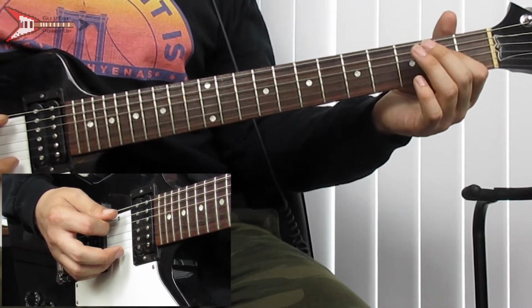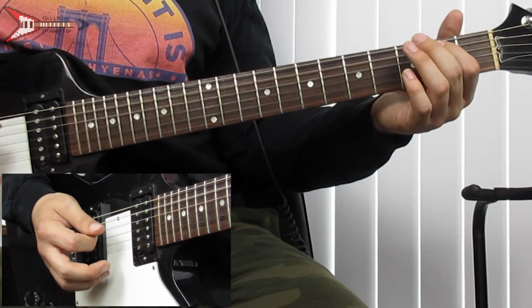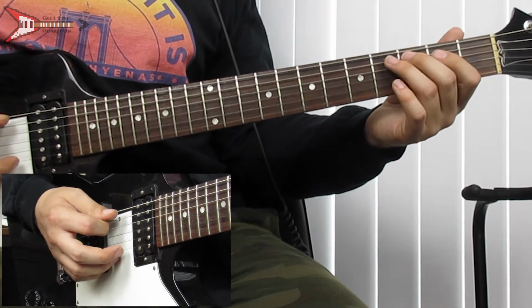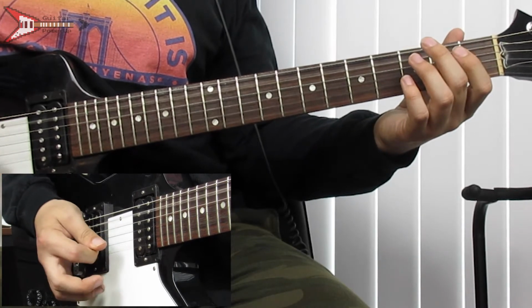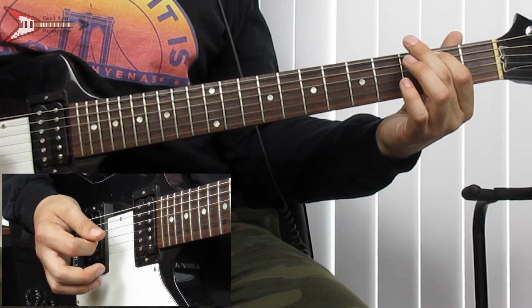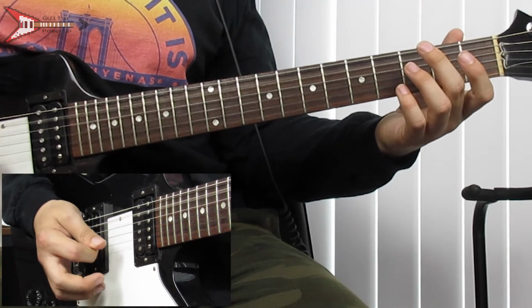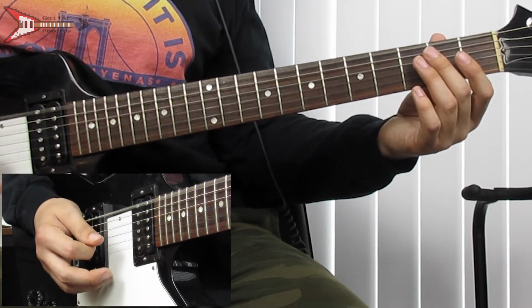Then open A string, same picking pattern. Then back to the 2nd fret, same picking pattern. Then we're going to do that whole thing again. Then we're going to do that again, except once we get to this point, we're going to go to an open E string, then open high E string,